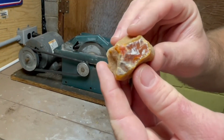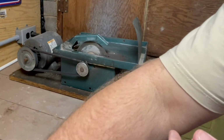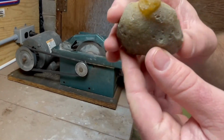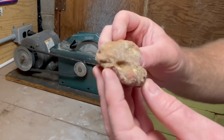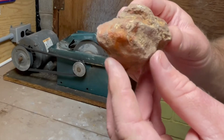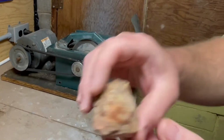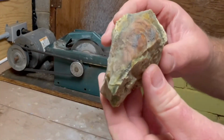It can just be very, very beautiful reds, sometimes yellows. I've gotten a green plume out of an Agate Creek before. So I was really excited to find this material in Tucson. You know, it cuts good cabs for sure, if you can get it, because it's always little small nodules like this. So stick on that, and then we got to this really nice